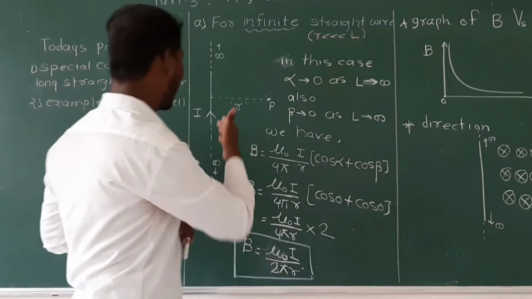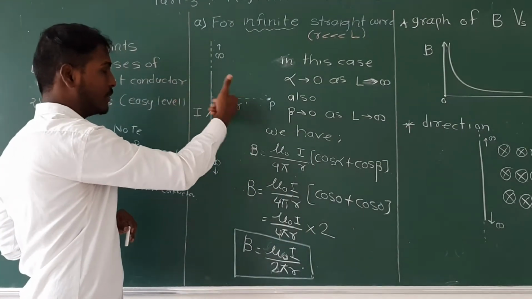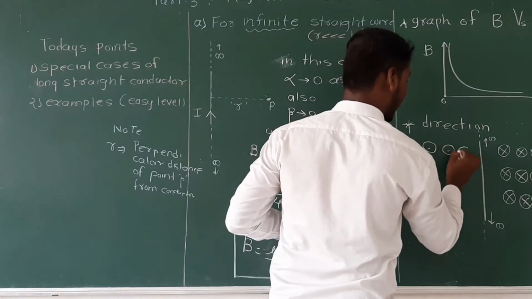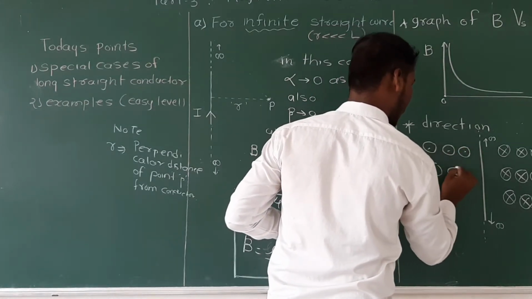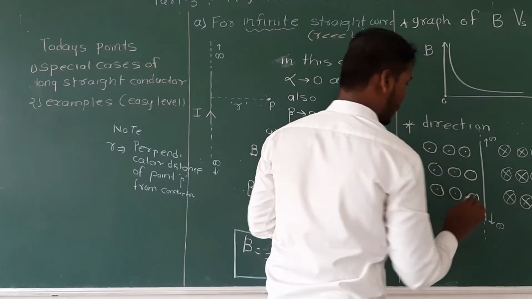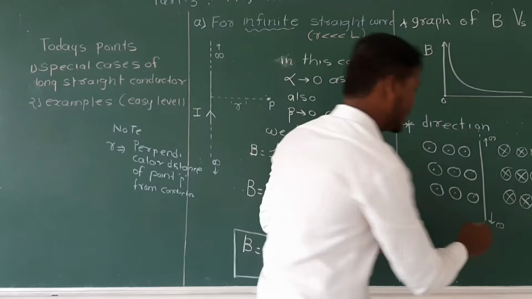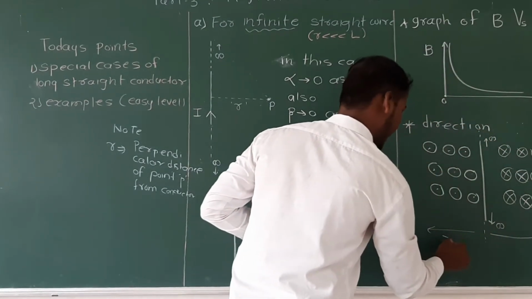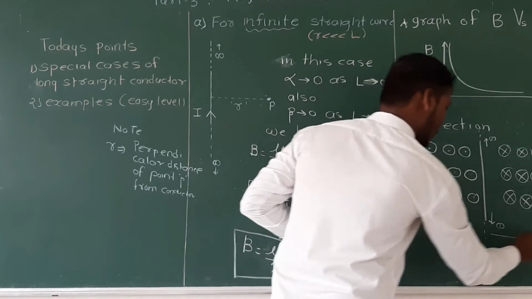So definitely it will come out of the other plane, so we draw dotted symbols. Now see carefully. This is the r distance, the perpendicular distance. Also this side, also this side. You can take this side also.